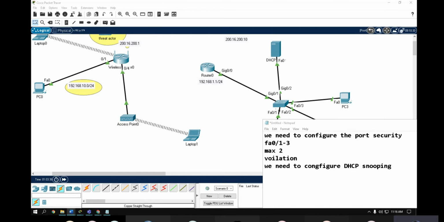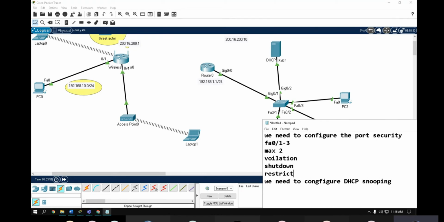Yes, Abdullah Umar. Shutdown. Okay, then the second one, restrict, and the other one,